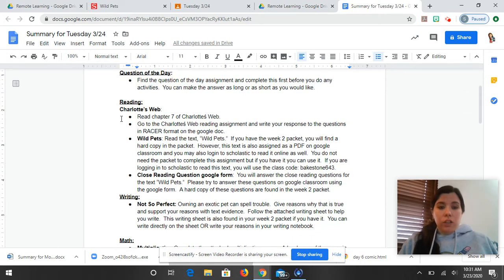Then you're going to go ahead and do chapter 7 of Charlotte's Web. Keep reading that. You're doing a great job with that. I was looking through the responses and you guys are doing an excellent job. Just make sure you're answering it in RACER format. So you should have at least 3 to 4 sentences if you're answering it using RACER. So make sure you're doing that. That is something I'm checking for. So you might see a little reminder from me on there to make sure that you're answering it in RACER